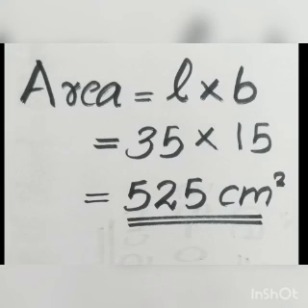So how did we solve it? Here, perimeter was given and length was given. From that relation, we found the value of breadth. Then we found the area. Now, if area is given, using the relation of area, we can find what is unknown. In this way, you have to apply the concept of area and perimeter in problem solving.